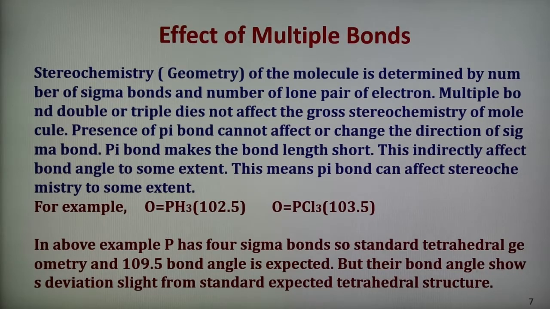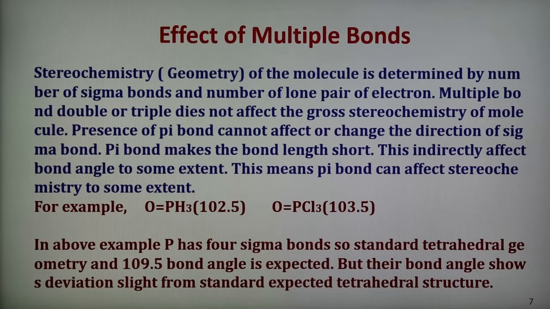So the electrons of the double bond are closer to the central atom than electrons in a single bond, and therefore the double bond electrons repel the neighboring sigma electron pairs strongly. So single bonds come close and the bond angle decreases from the expected 109.5 degrees to 102.5 and 103.5 degrees